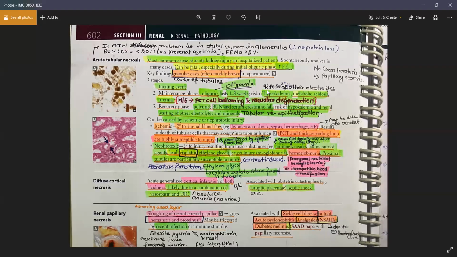Hyperkalemia will occur because aldosterone is not functioning, because I told you the electrolyte balance will be lost. So loss of sodium and loss of calcium will be happening, and absorption of potassium will be happening, so the patient will become hyperkalemic. Okay, there is loss of bicarbonate and addition of extra acids. That means metabolic acidosis with uremia; you will have a high anion gap metabolic acidosis.